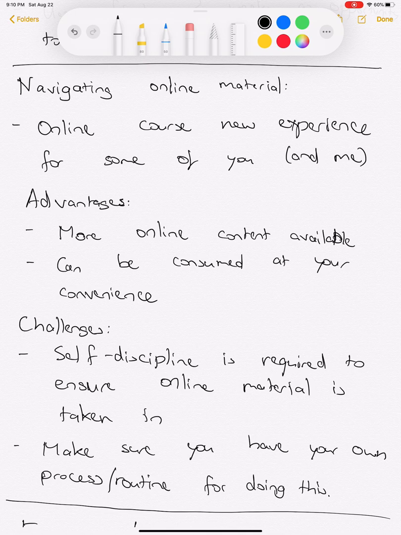And so the first piece of advice I'd give you, and this is something that I'm implementing myself in teaching an online course for the first time, is make sure you have your own process or routine for doing this. In my case, for the 2 video lectures that I produce, I dedicate one particular day to doing that, and I make sure that I stick to that day. That's my process and routine to make sure that I get my aspect of the work done. And similarly, from your perspective, you need to have your own routine that you stick to,